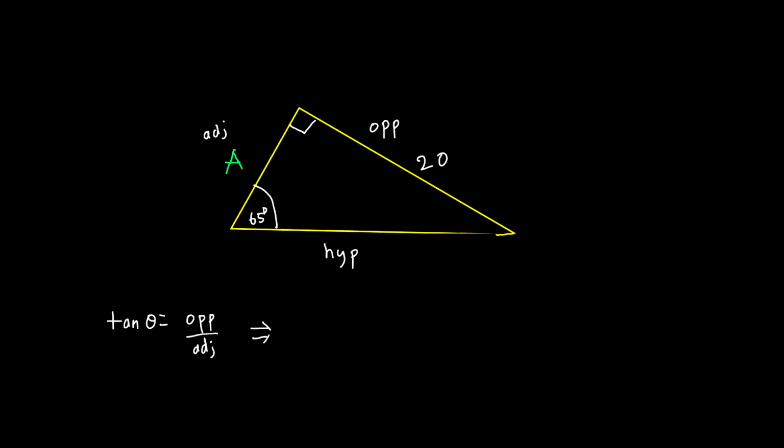So this means that tan of 65 is equal to 20 over A. Now making A the subject of the formula, this gives us that A is equal to 20 over tan 65. And plugging this into our calculator, we get 20 over tan 65